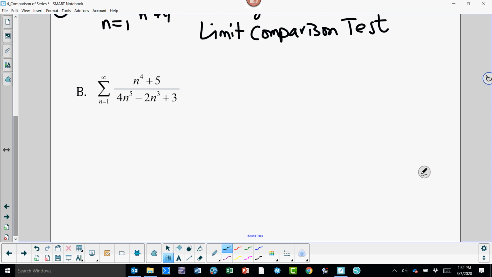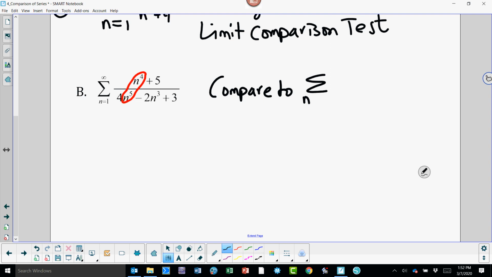All right, so let's do this one. So this one's even messier. So we look at it, and again, it's actually not that difficult to figure it out. So we are going to compare it to this ratio, highest powered terms with no numbers in front, ignore those numbers. So we are going to compare